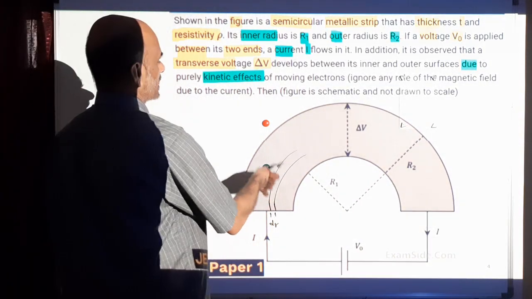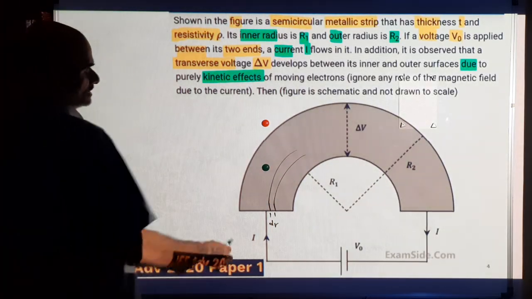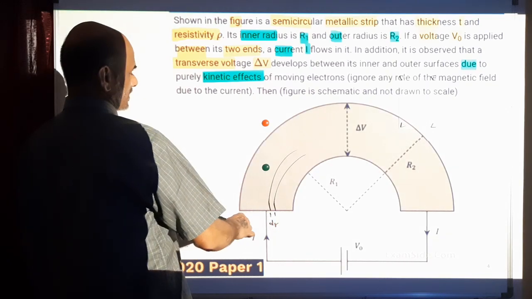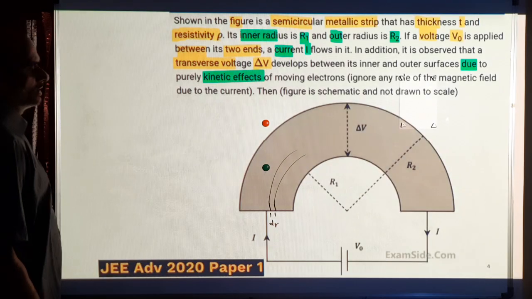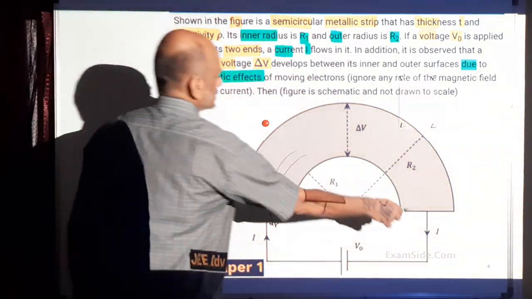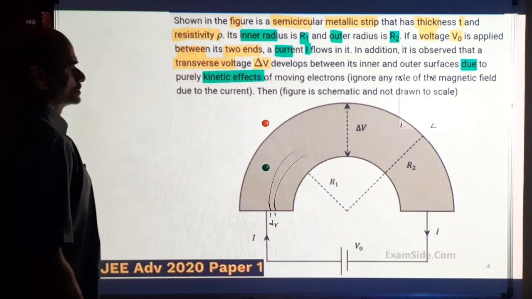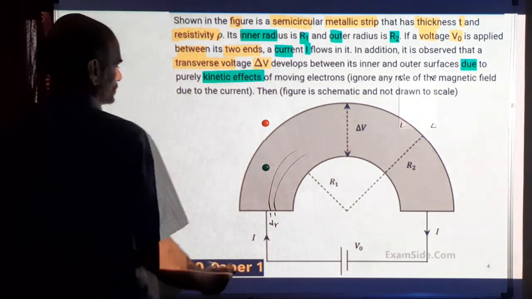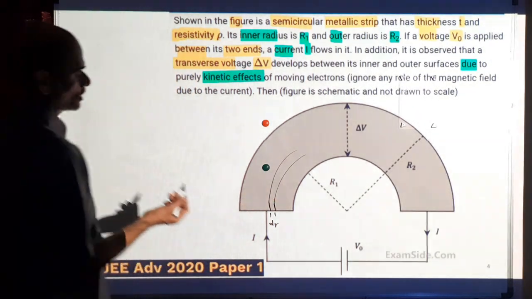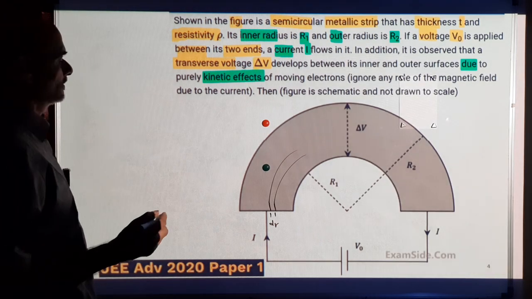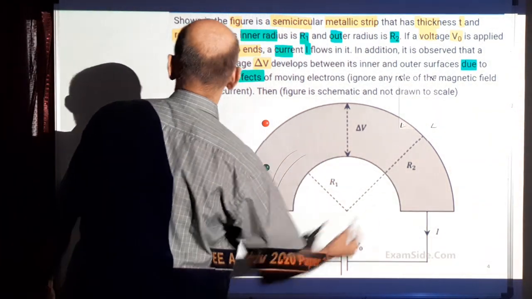So all these strips are in parallel because the current flowing, if you add them up, you'll get the net current. And the potential drop across each strip is the same, V0. So the strips are in parallel, so the reciprocals of the resistances will add up. So you get the resistance of this one strip,